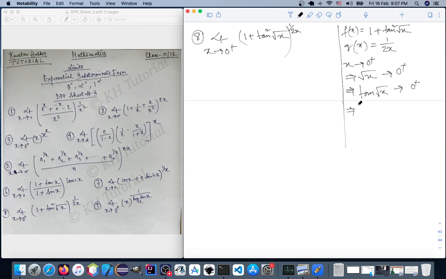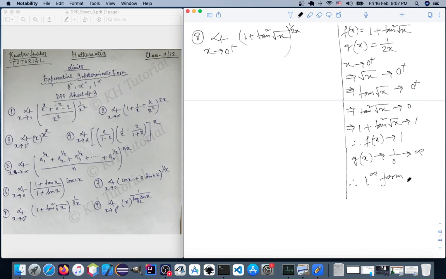This implies tan square root x also tending to 0. This implies 1 plus tan square root x tending to 1. Therefore, f(x) tending to 1 and g(x) will tend to infinity as x tends to 0. Therefore, the form is